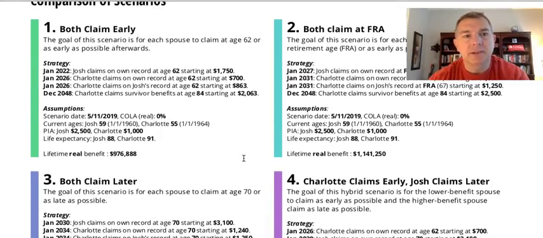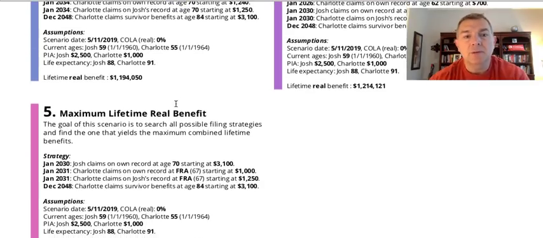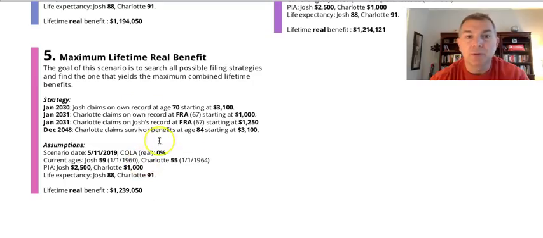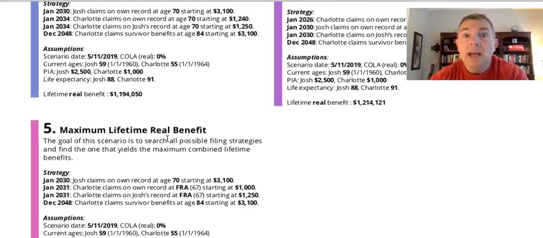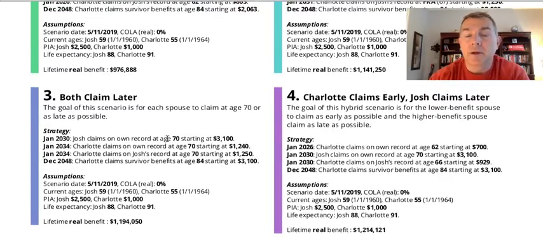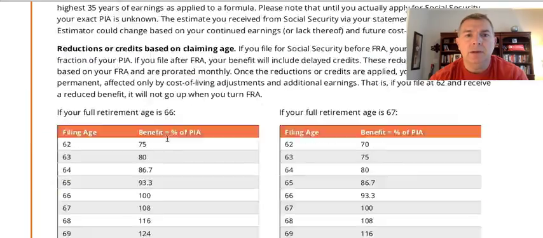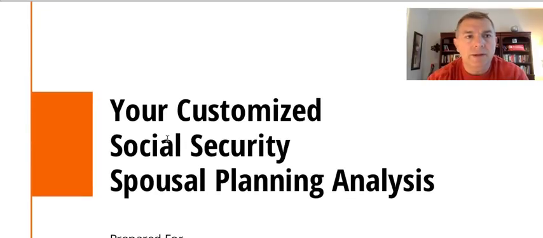Now, again, you might need the money now. If you need the money, we'd look at claiming early. If you're like, I'm not so sure, I just want to maximize my Social Security, we want to look at this. There are all kinds of different strategies in between here, but I love it. It's a fantastic system, and you can have this to take away with you. And the funny thing is, when you take this PDF file down to the Social Security office and say, I want to file, and they say, oh, you can't do that because, whatever, you don't qualify, you say, no, look, this is what my benefit report is. Tell me why it's wrong. And then they'll say, yeah, you're right.